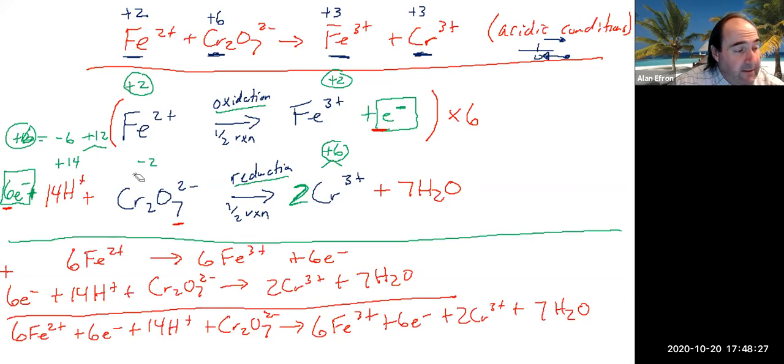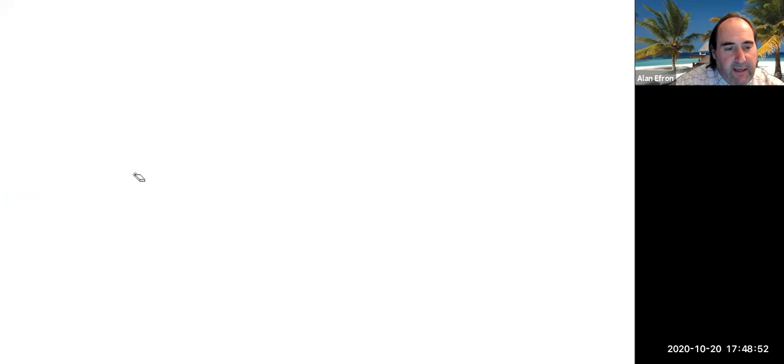You could think of the arrow as like an equal sign. So the electrons should cancel out, kind of like subtracting them from both sides. And at this point, there's really nothing else that's going to cancel out. And this will leave us our balanced redox reaction, our equation. And I'm just going to flip the page here since I don't have anywhere to write it. So that is, we'll go with 6 iron 2+. So we end up with 6 of these iron 2+ plus 14 H+